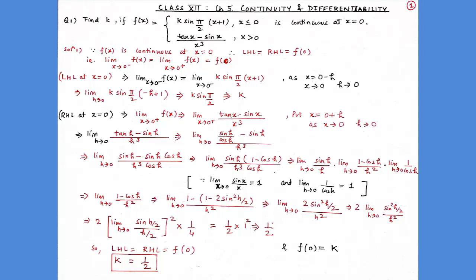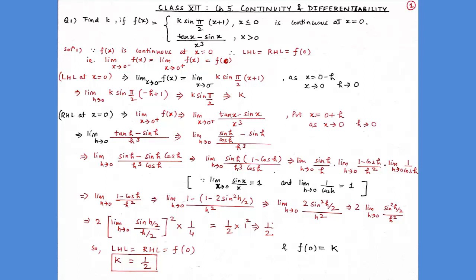So from here, as you can see, we cannot put h tends to 0 directly as it will become undefined. So from here we can write 10h as sin h upon cos h. Therefore I can write this as limit h tends to 0 of (sin h/cos h − sin h)/h³. On taking the LCM we get limit h tends to 0 of (sin h − sin h cos h)/(h³ cos h). From the numerator we will take sin h common, and in the bracket we can write (1 − cos h)/(h³ cos h).